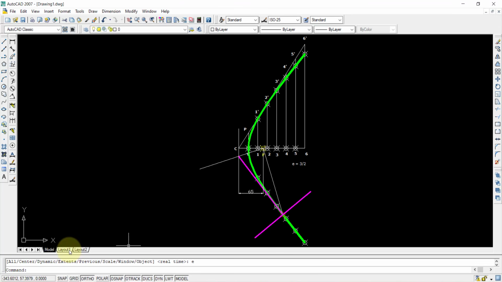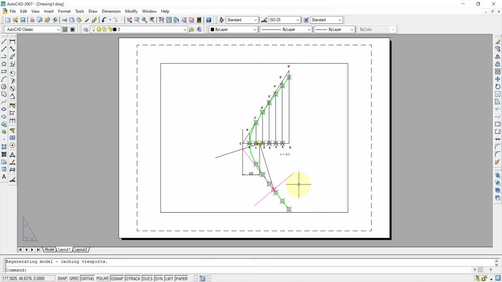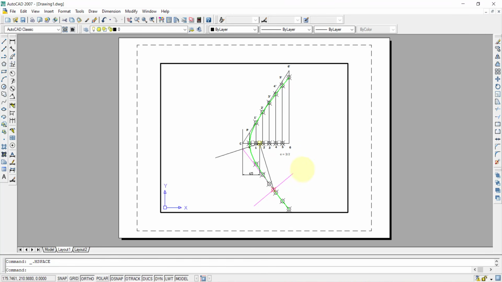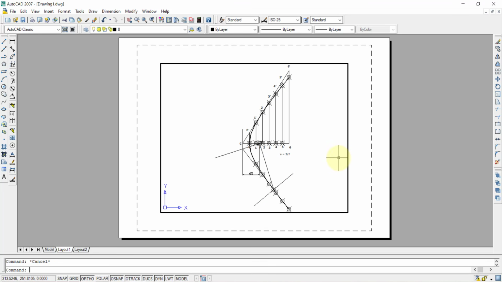If you want to take a printout of it or a PDF version of it, you can go to the layout one in this case. Here you can select it. If you want to print it on white paper in a black and white Xerox shop, then you can remove all these colors, because these colors might not come out perfectly in your black and white Xeroxes. So try to remove all these colors. For that, press Control A to select all, and in this case, if I give by layer, everything will be changed to black color. Then everything is finished.